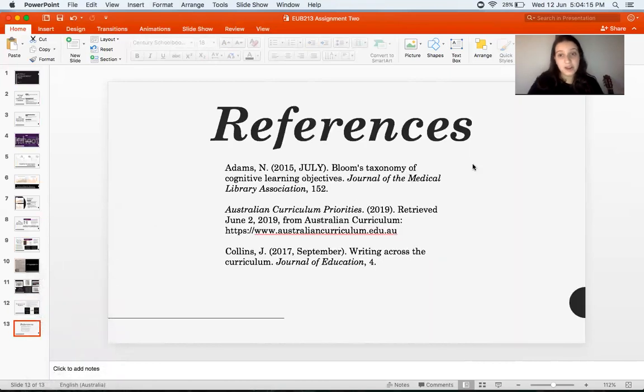Those are my references. So I obviously talked about Bloom's taxonomy. I used the Australian curriculum to help me form my lesson, and John Collins, who was the